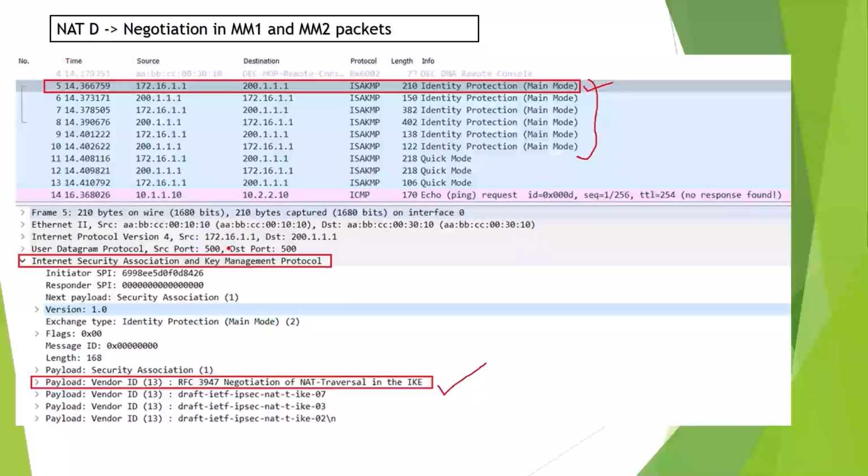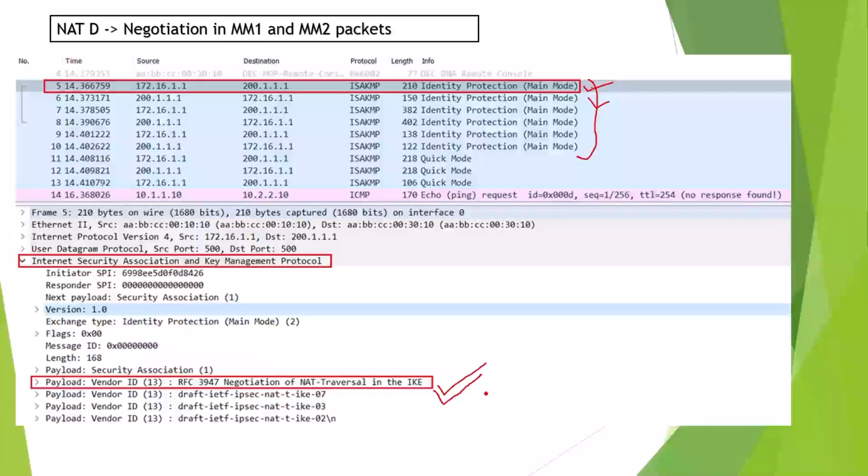Now you see this is the main mode 6 packets. As you can see on the screen, these are the 6 messages in the main mode. Now we will speak about them one by one. These main mode messages, the first one and the second one that you see here, are very important. In the first 2 messages, we would negotiate this NAT traversal as we already discussed.